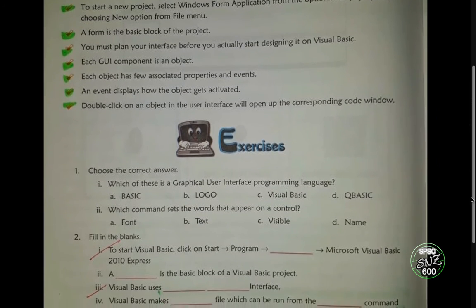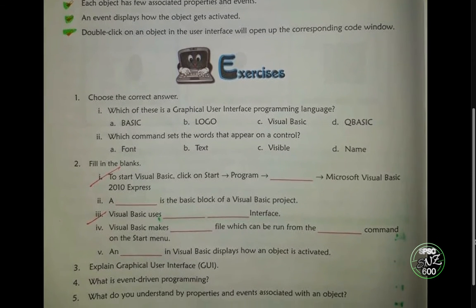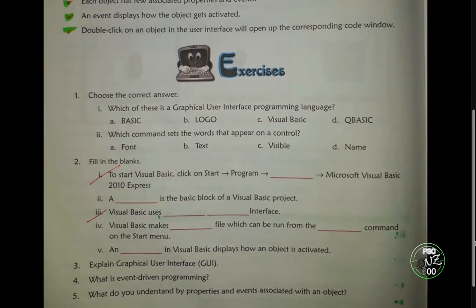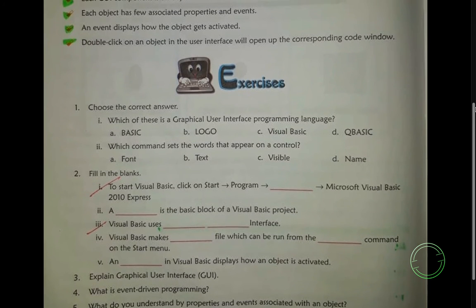Now we have the exercise. As for questions 3, 4, 5, these questions we have done, and some of the questions, that is 4 and 5, today I give you these two questions to do. You write these questions as your homework, but now you will do question number 1 and 2 as the classwork. You will do it now, and just write the answers in your copy, and I will ask you the answers.